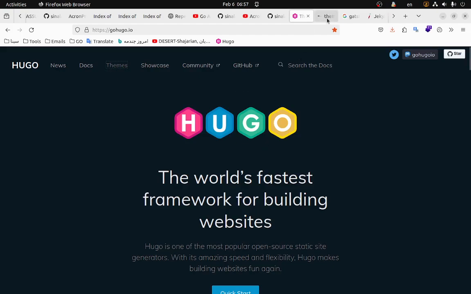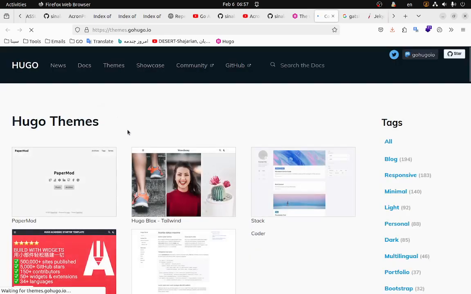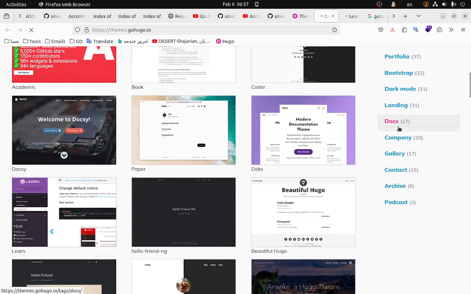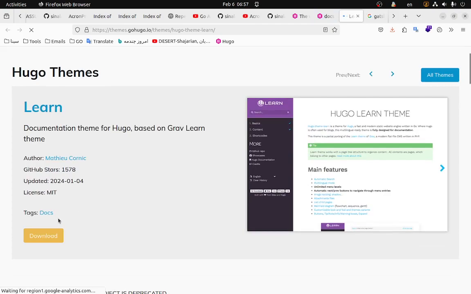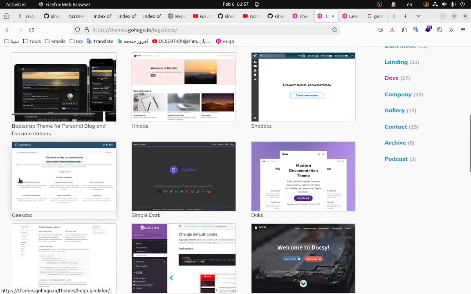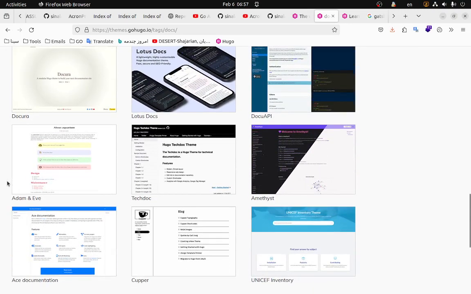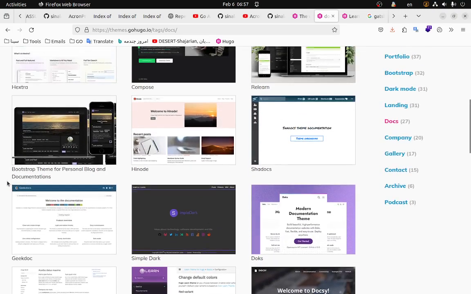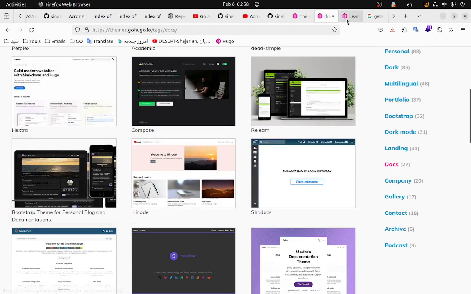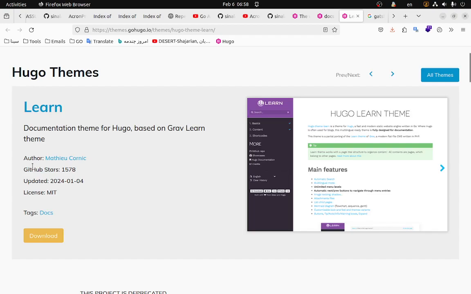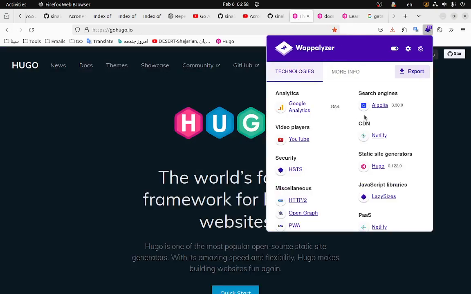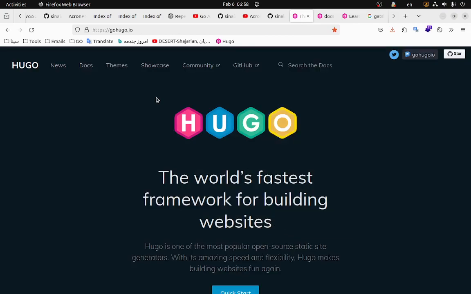In these themes there is a demo for a documentation site. Is here, I think. Docs, and there is no demo. You can test all of these and find the demo site. It's like this. Okay, and